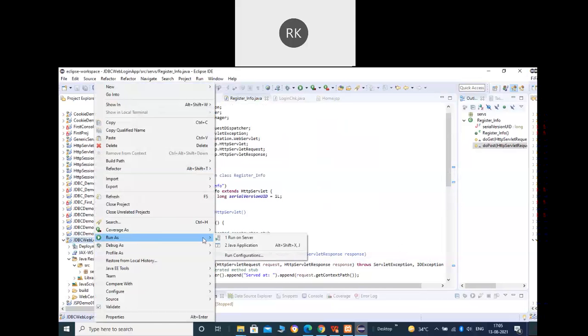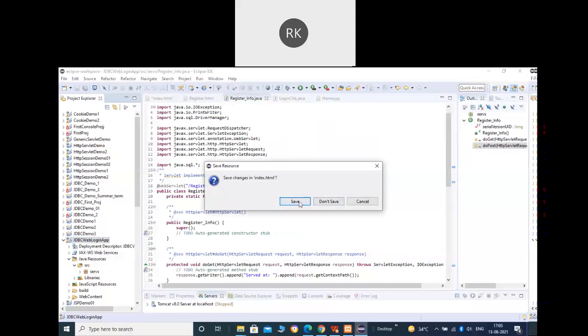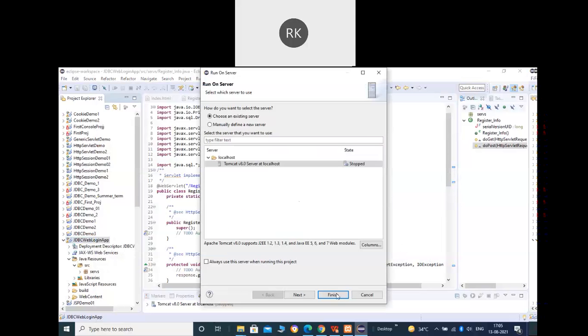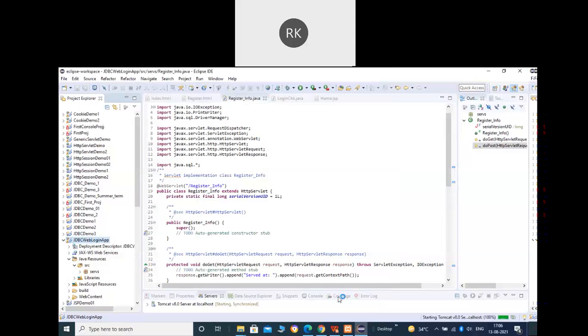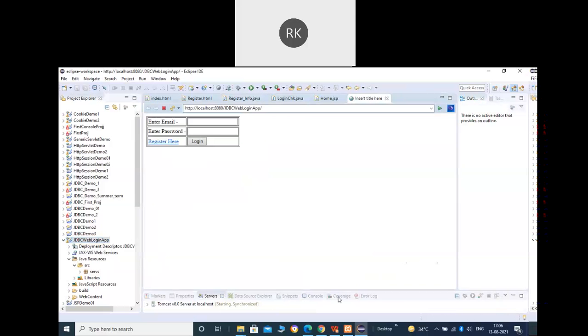So again, right click over it, go to build path, configure build path, and click on add external jars. Now you have to move to the location where you have Apache installed. And here within the lib folder, I already have it. Yeah, the MySQL connector. Okay, and click apply. All right, so now let's try to run the project. Right click on your project, run as, run on server. Okay, it will take a while to start the server.